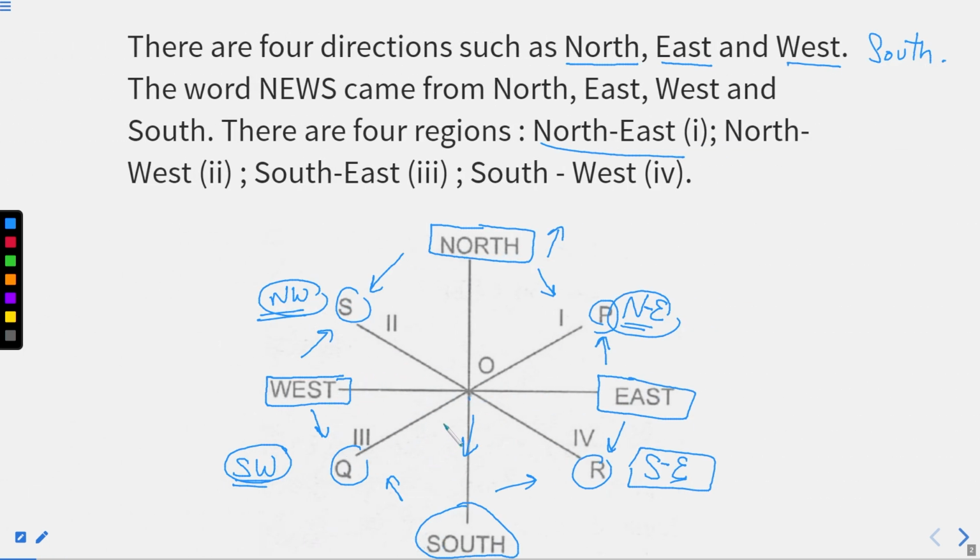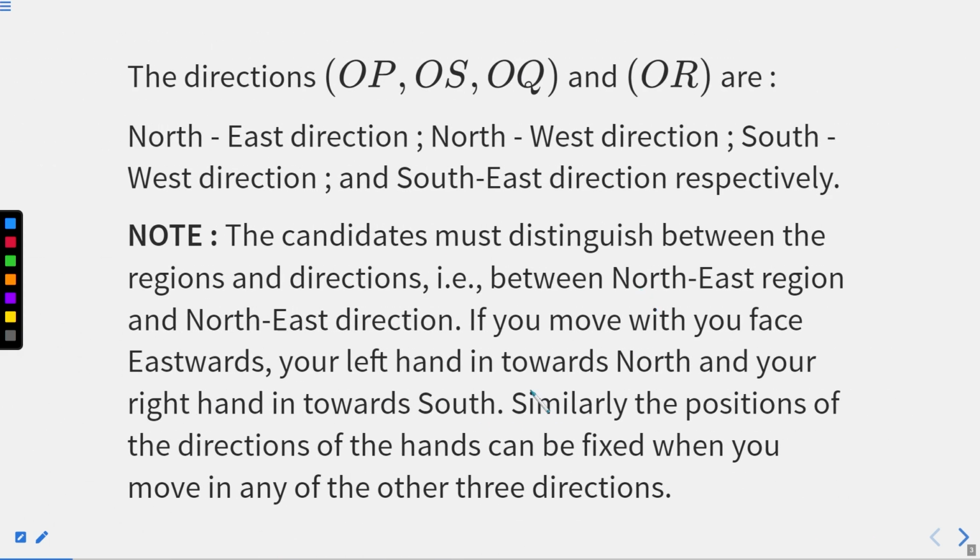I'll explain it with the help of this diagram. Like this is the center point, right? If we are moving in this direction, this is the northeast direction, if we are moving in a straight line. And if we talk about this complete region, this complete area, the shaded one, then we call it the northeast region. I hope this diagram is clear, right? And this point is also clear, right?